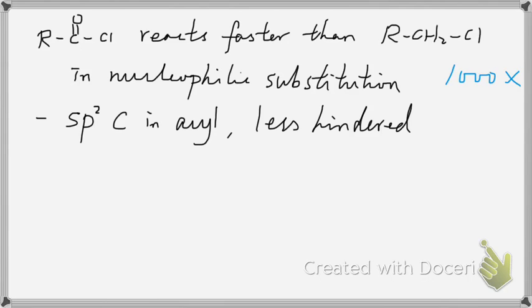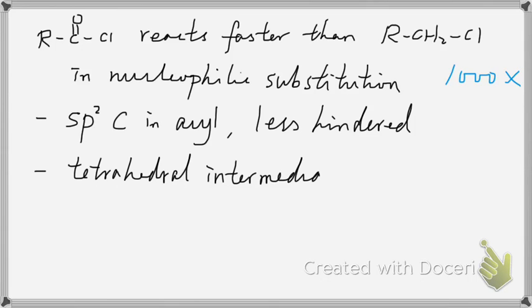In acyl chloride, we have carbonyl, so the carbon is sp2 hybridized, which means it has only three groups attached to it. It's less hindered compared to an sp3 carbon in alkyl chloride. It has four groups. It's more crowded. Okay, for steric reason, acyl chloride is favored. And secondly,